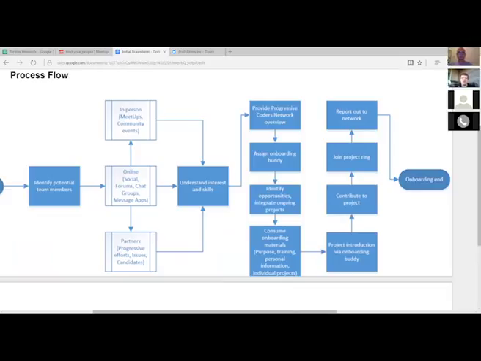Right away, as you first understand general information about them, how do you assign them to an onboarding buddy who has the same level of interest, where they can work together and go through the journey together? As you have your onboarding buddy, where do you identify the best places where I can plug in? I don't know. Let's find out. And then begin integrating into different projects, see what works, see what doesn't. But ultimately, it's all about how we contribute and making that happen.